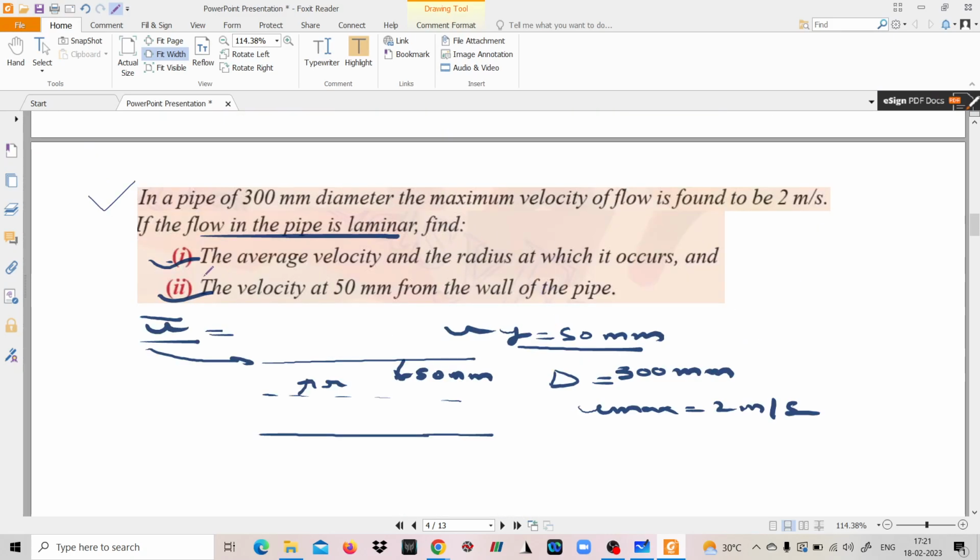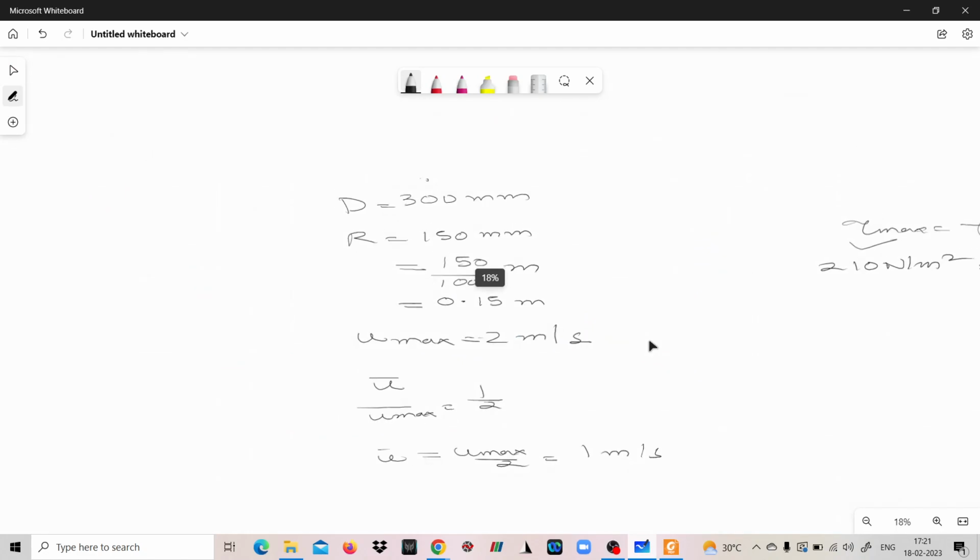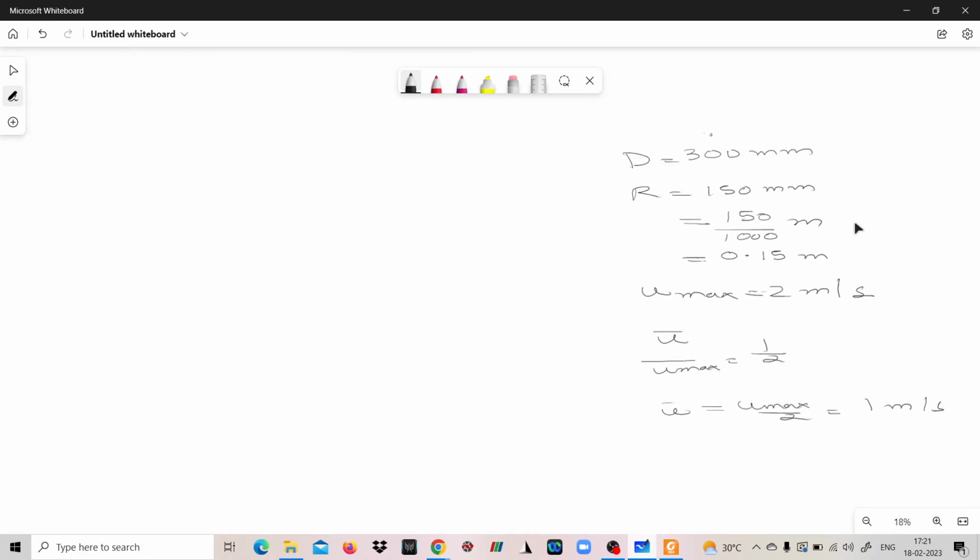The second part of the first sub problem is the radius at which it occurs. Okay, the radius at which it occurs. See, nothing has been mentioned about the fluid, and the value of the viscosity is also not given to you. So you need to use the equations that you have derived very carefully. So what you can do is,